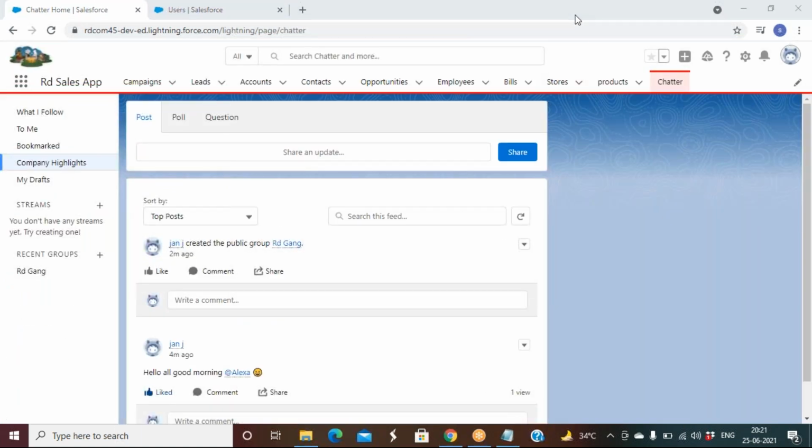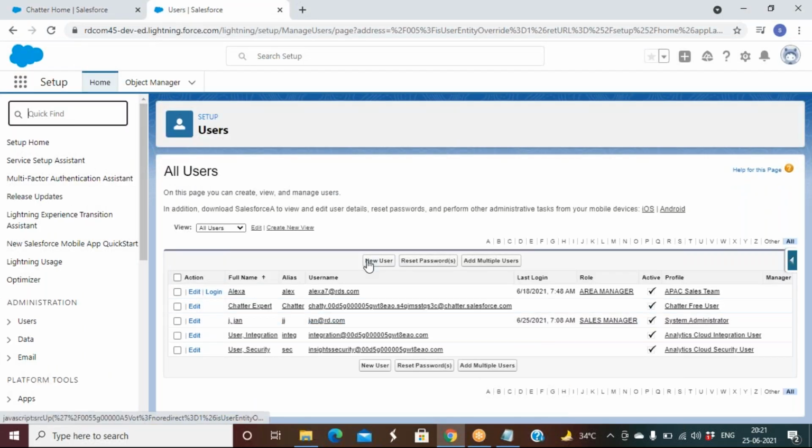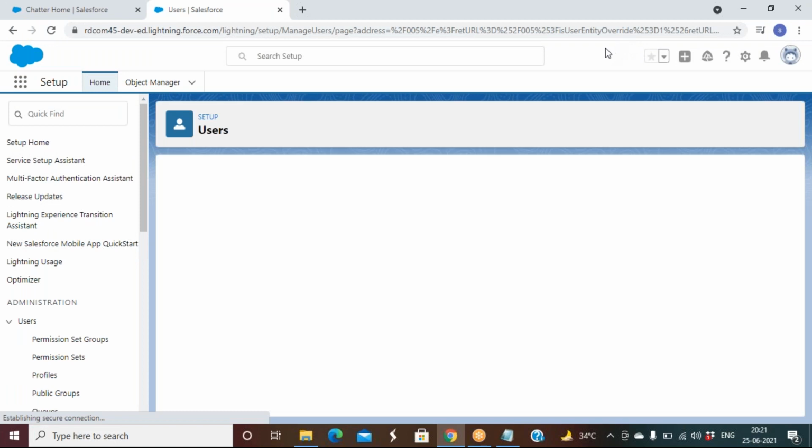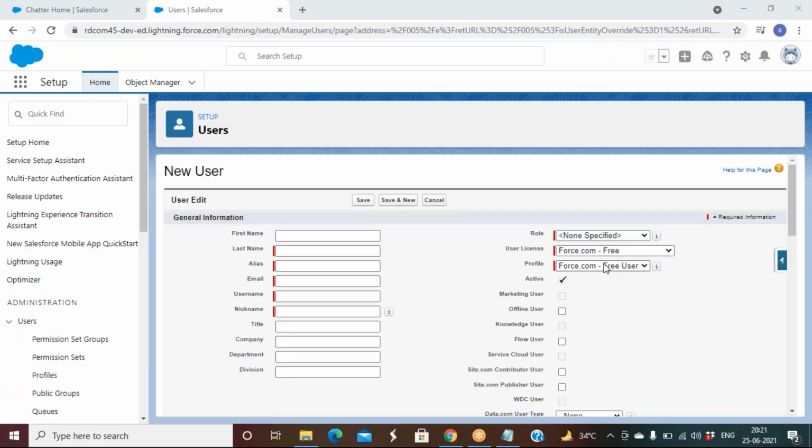Sir, I have a question. When I'm practicing, I also have multiple profiles, and if I give this license, that's the best way to practice, right? In my instance, so I can add my own profile. What profile do you want to give? Just like you gave Alex the authorization to invite to Chatter, same way in the profiles I can add more people and practice, right?